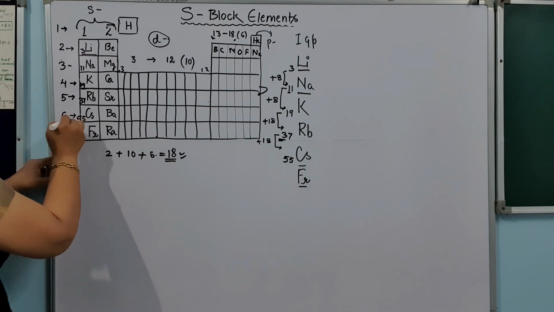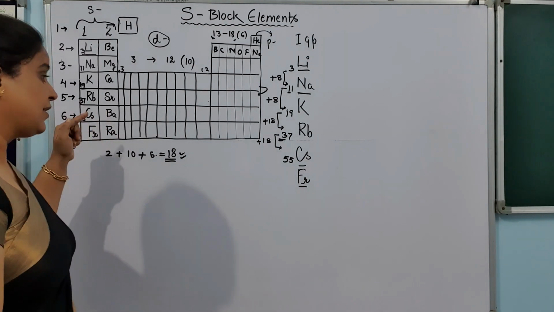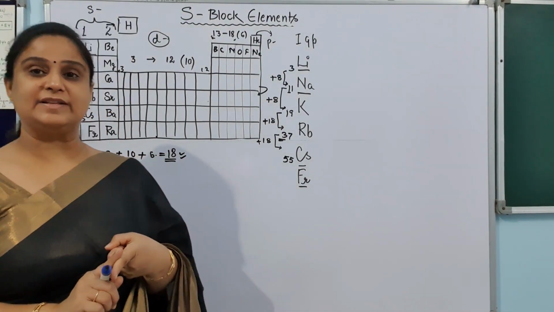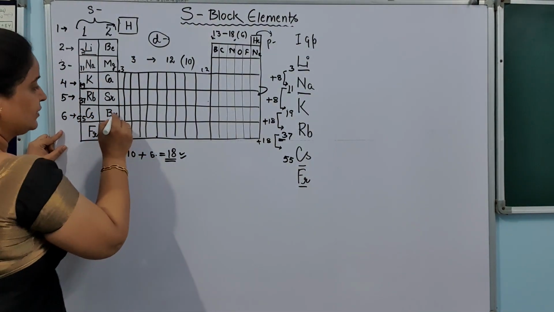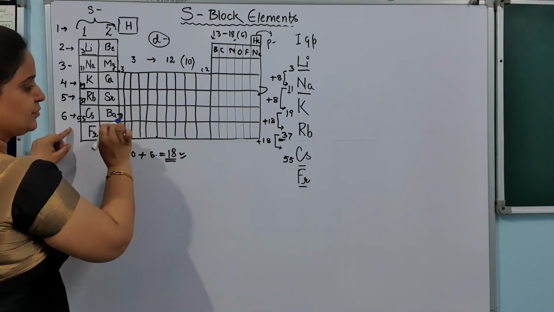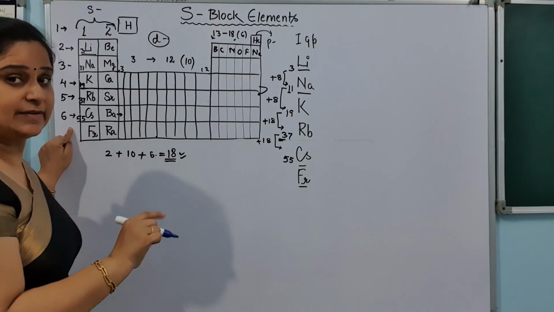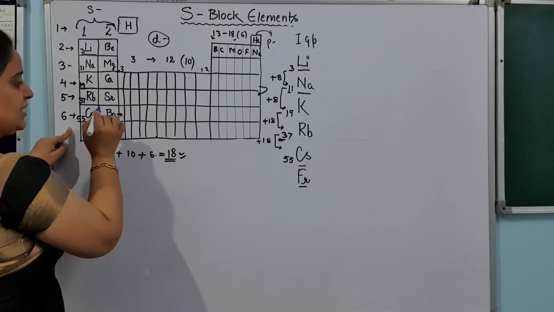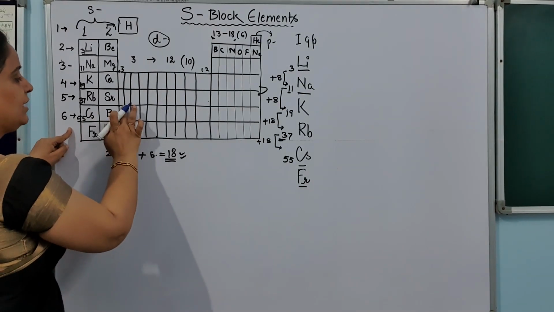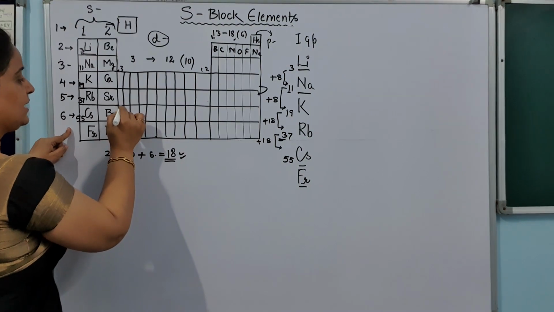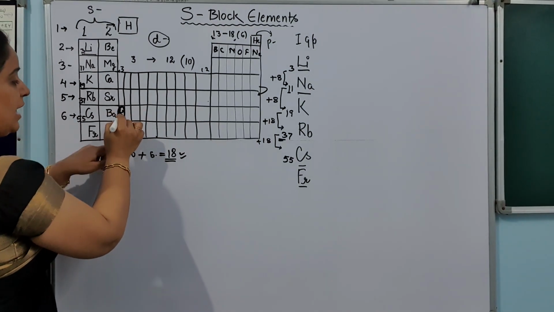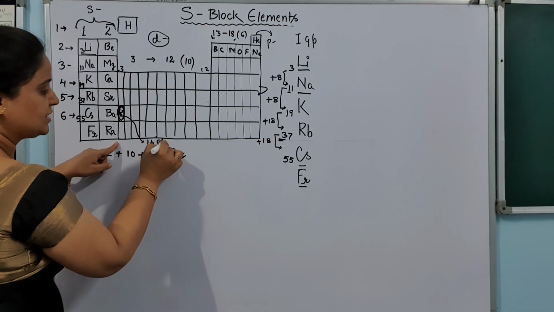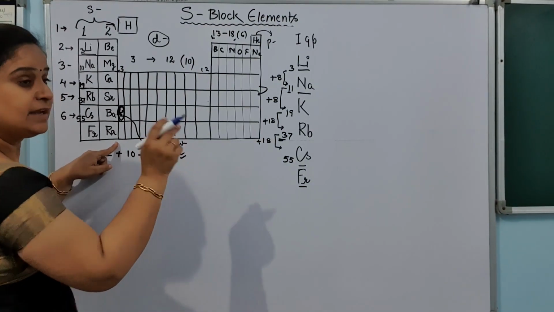So now we are in the sixth period. And if I want to write down the atomic number of francium, we have to move this way in the sixth period. And we know from the periodic table that in the third group of the sixth period there is an element called lanthanum. Lanthanum is here. Okay, and after lanthanum, 14 elements are kept outside, which are in the F block.